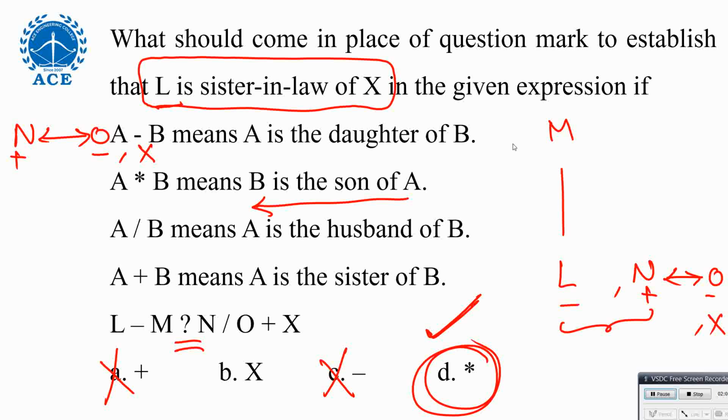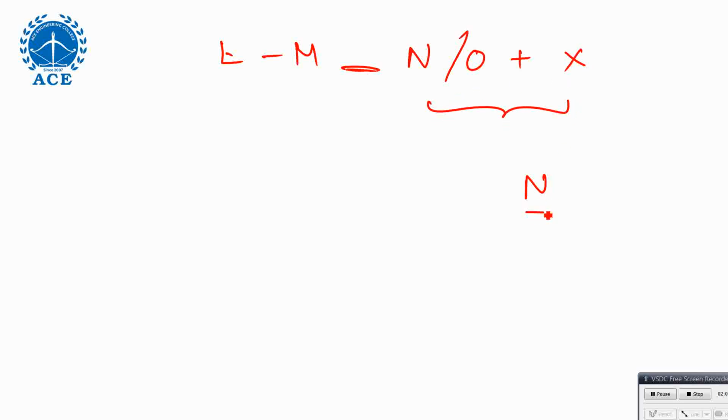We'll explain again. See the question. L minus M, question mark, something should be filled. N divided by O plus X. This indicates N is husband of O, O is sister of X. Okay. And in the question they are demanding L is sister-in-law of X. L is sister-in-law of X means L and X should be in the same line. Same line. Okay. And you have already L is